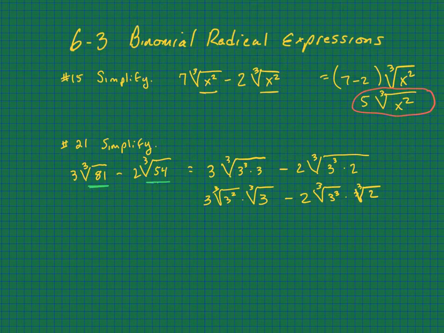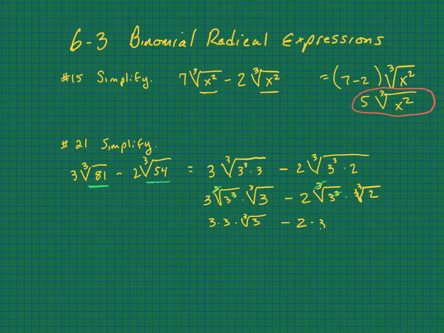All right, so as we do some of our math operations, we should be able to see here that the cubed roots are going to cancel out, so we get 3 times 3 times the cubed root of 3 minus 2